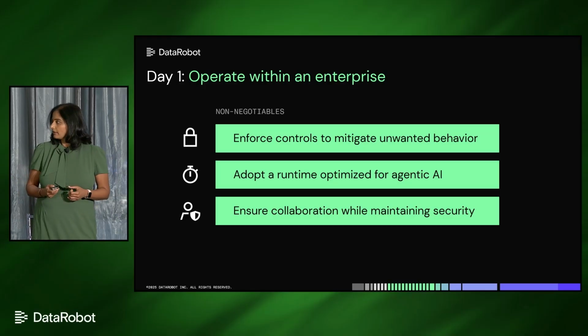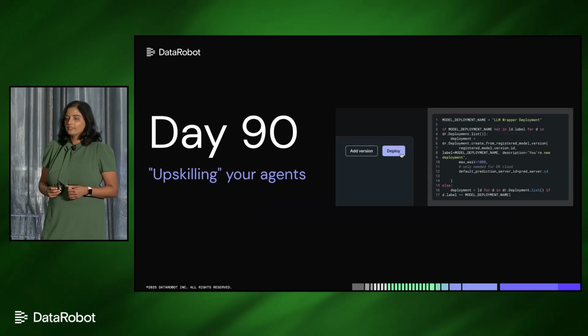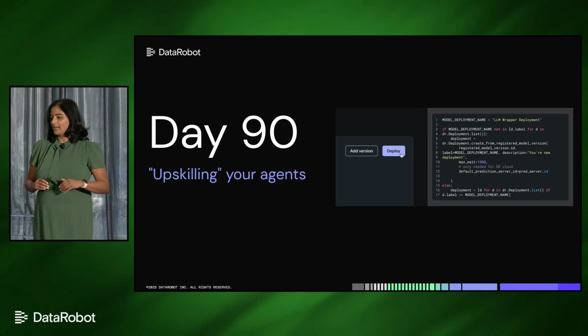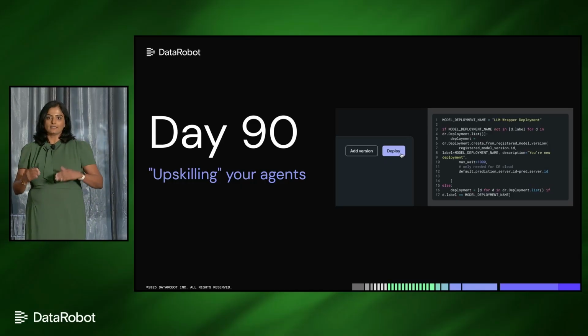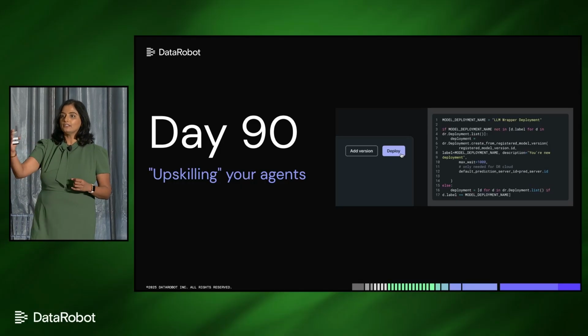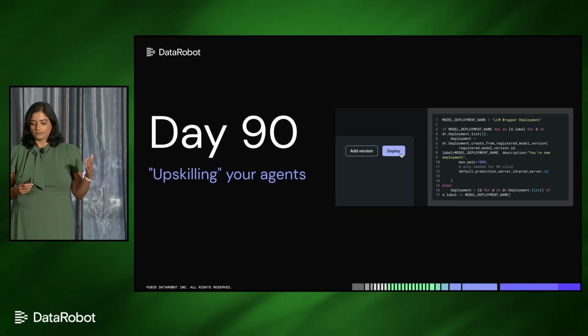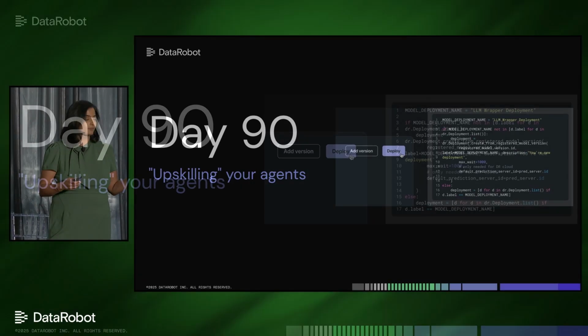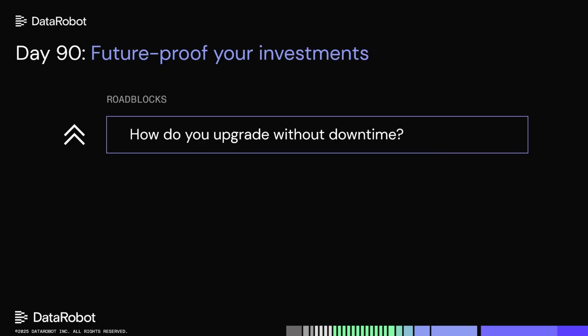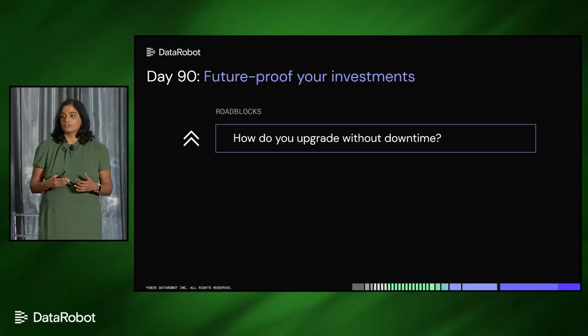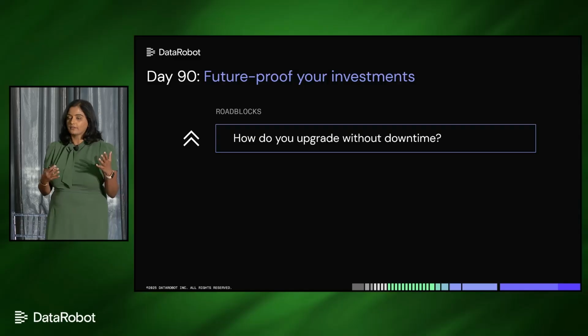So now that our agents are live and they're delivering on our mission-critical tasks, we really are thinking a bit ahead. And that's what we're calling day 90. It could be day 90, day 100, day 200, but really looking ahead, just like your human workforce, your agents will need upskilling. And when it comes to upskilling, even today, the industry is moving so rapidly that there's a new model on the market every other week, there's a new framework. And I'm sure your agents will need additional tools that you would want to make available to your agents.